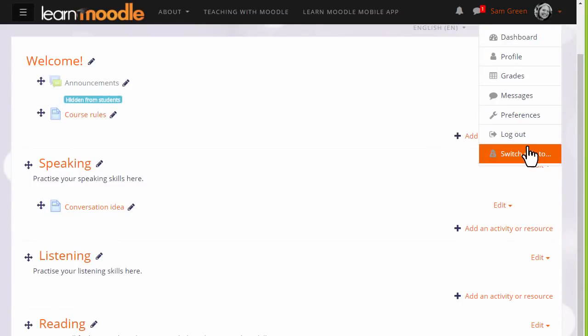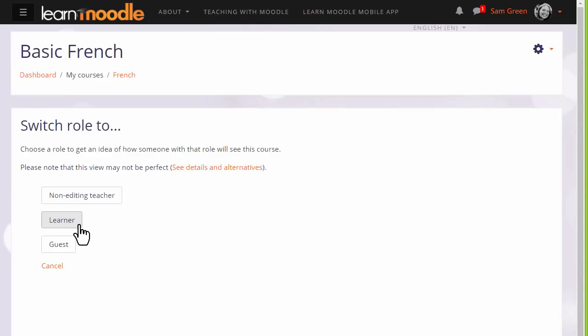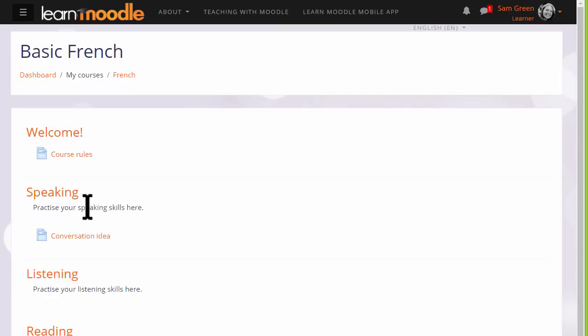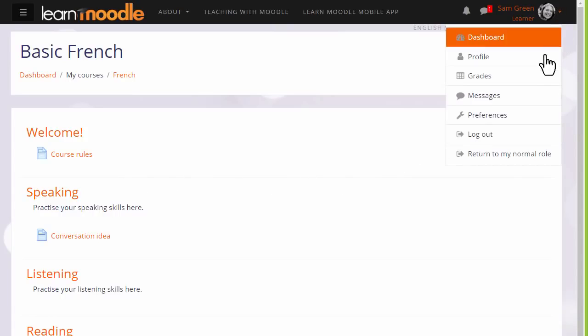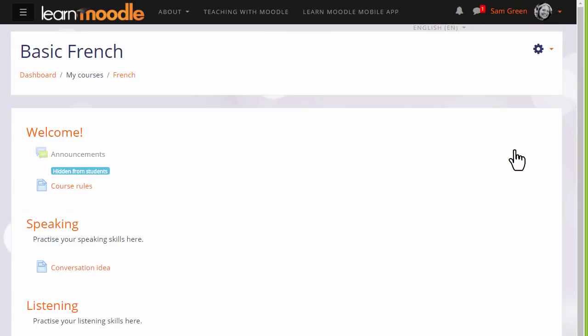If we go to our user menu, we see Switch Role To, and as a teacher, we can switch our role amongst others to a student, or, as we've renamed it in our course, learner. This then displays the course page as students or learners would see it, and the announcements are invisible because we've hidden them. So if we go back to the user menu and return to my normal role, remembering to